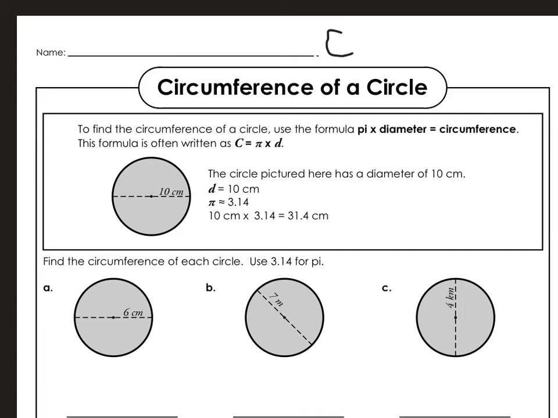So if I take the circumference of a circle and divide it by the diameter, no matter what size the circle is, it can be really big, it can be really small, if I take circumference and divide it by diameter, I will always get pi. Now pi is a number